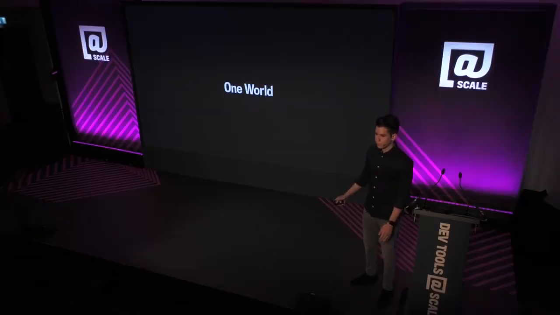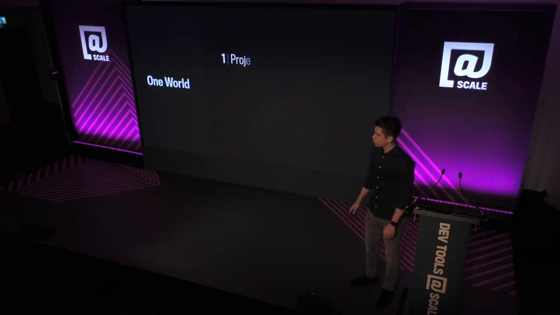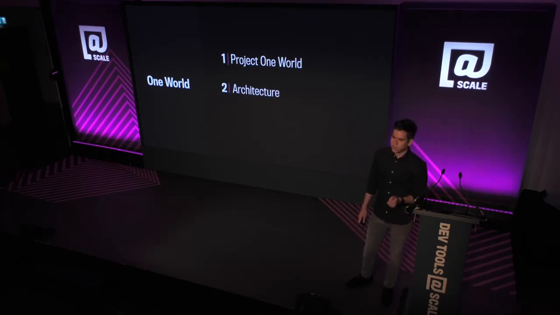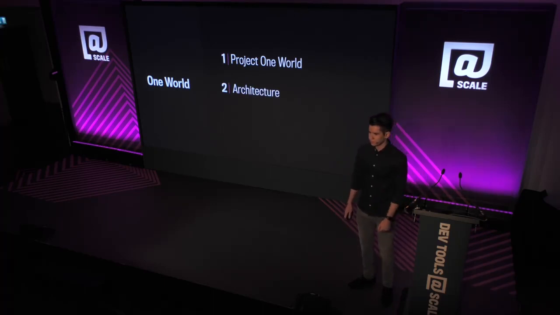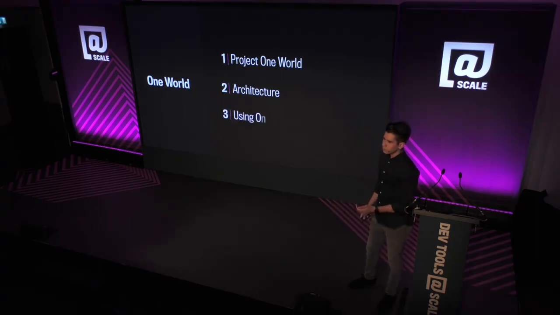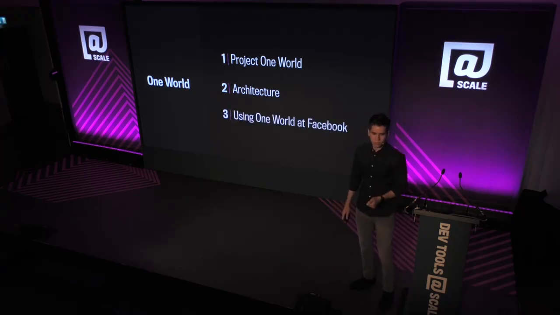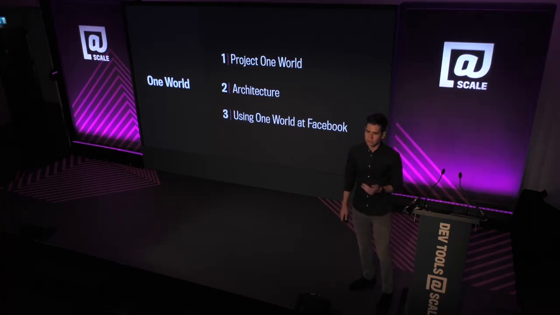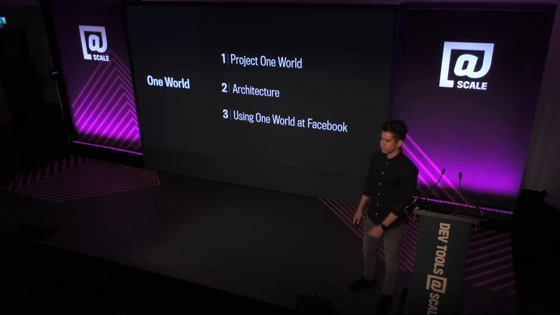The brand new system that we built at Facebook is called OneWorld, and this talk is going to be divided into 3 parts. First, I'm going to talk about what OneWorld is, and after that, I'll take a look into the architecture of the system and the unique challenges that we face at Facebook scale. And given that you have such a system like OneWorld that allows you to remote control resources, how can you use a system like this to actually improve the reliability of other services?